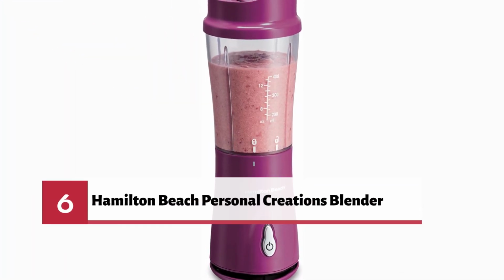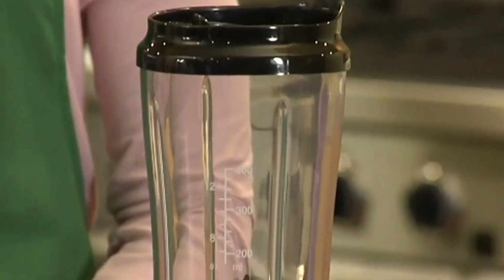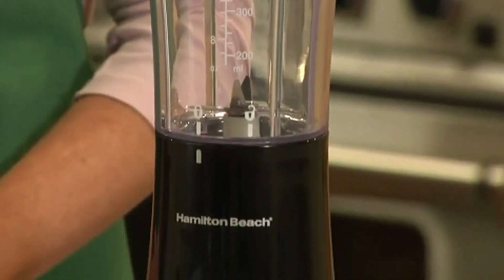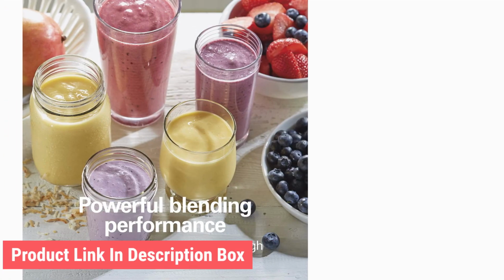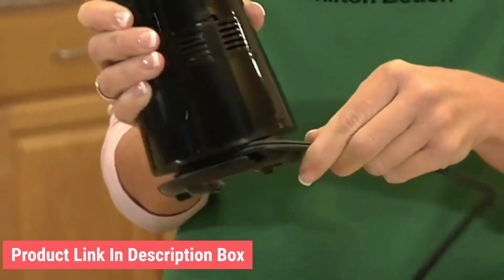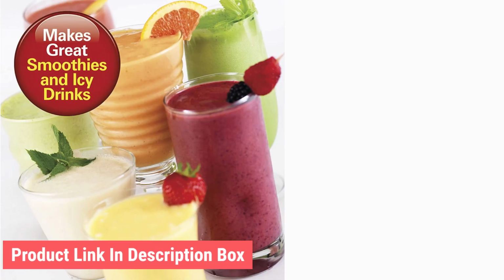Number 6. Hamilton Beach Personal Creations Blender. This personal blender from Hamilton Beach is powerful, easy to use, and under $25. Featuring a 14-ounce capacity, this model takes up little countertop real estate while the slender cups fit in most car cup holders. To use the blender, simply toss in your favorite fruits, vegetables and ice and let the stainless steel